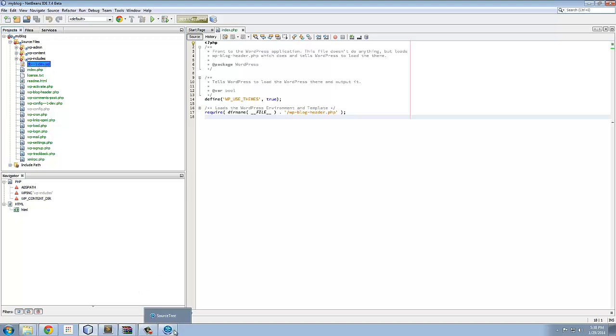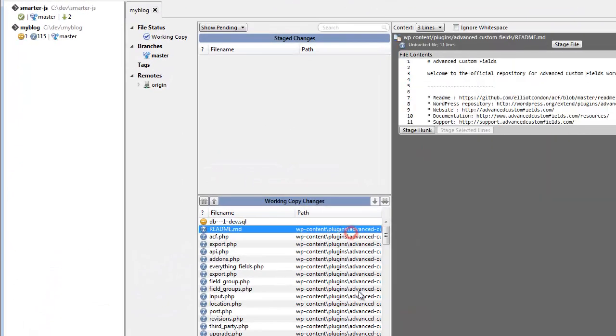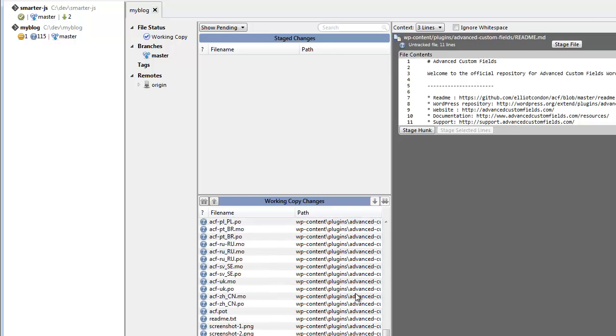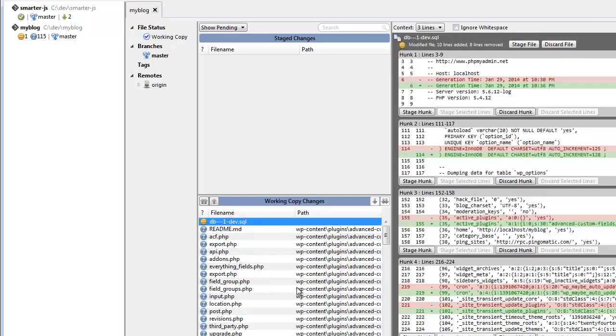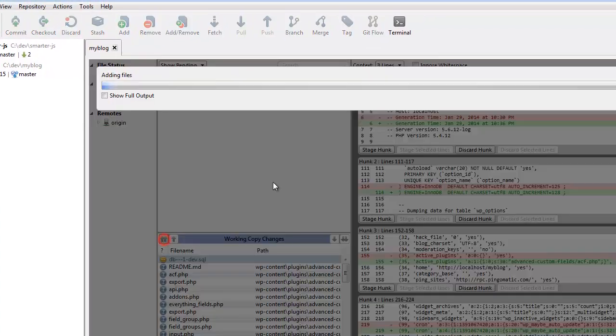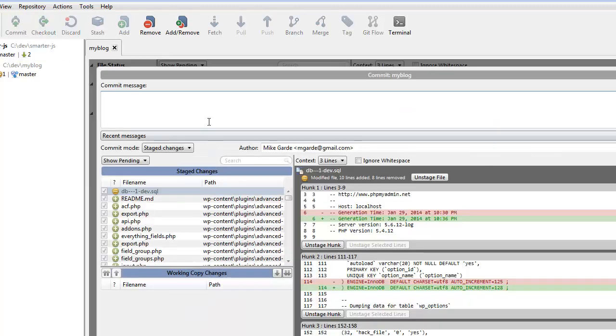So what we're going to do is go back to SourceTree. As you can see, all of these changes are in that plugin folder, new files, except for this guy, which actually has content changes. And you can see them here. It's only going to save the actual information that was changed or added. And we're going to stage all of these. We'll commit these as a useful change. Installing